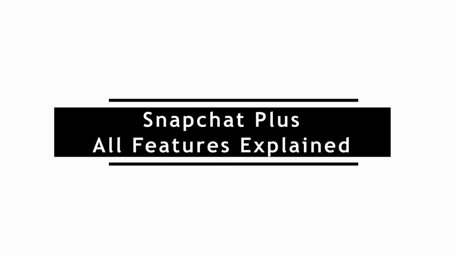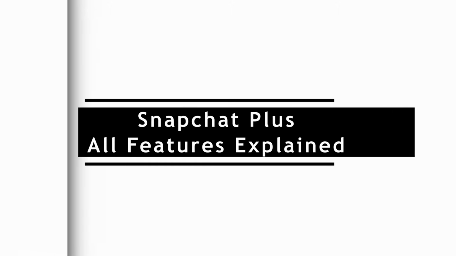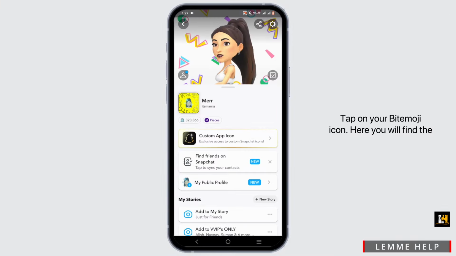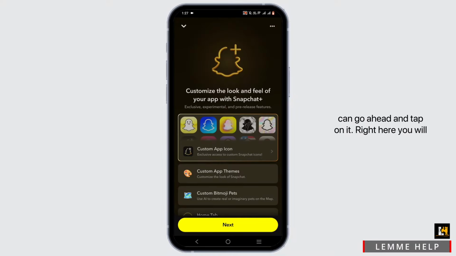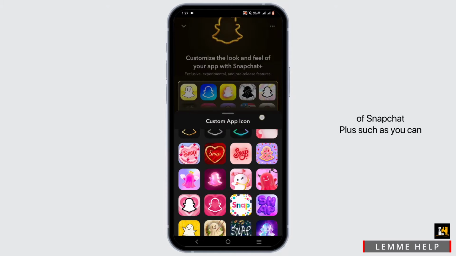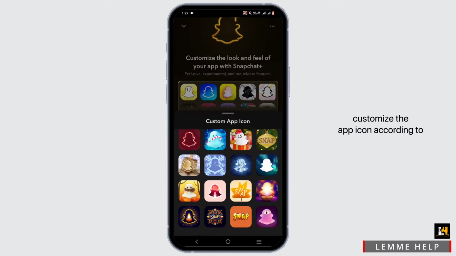Snapchat Plus All Features Explained. Open up your Snapchat application and tap on your Bitmoji icon. Here you will find the exclusive Snapchat Plus, so you can go ahead and tap on it. Right here, you will also find some of the features of Snapchat Plus, such as you can customize the app